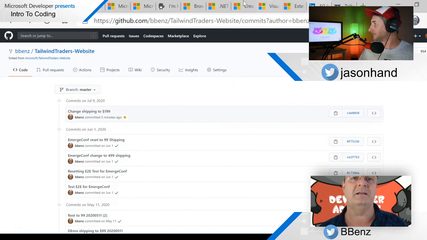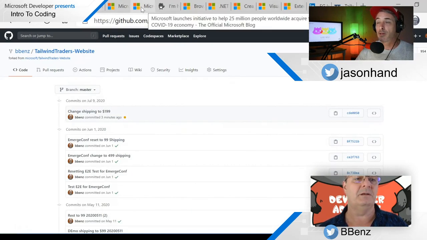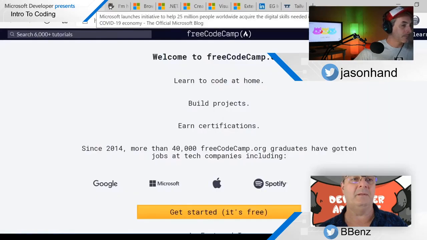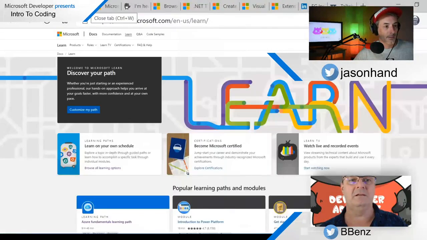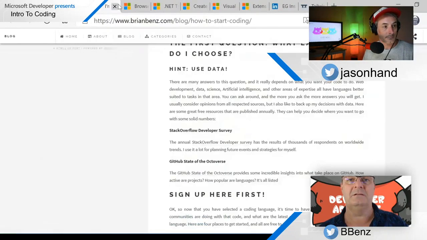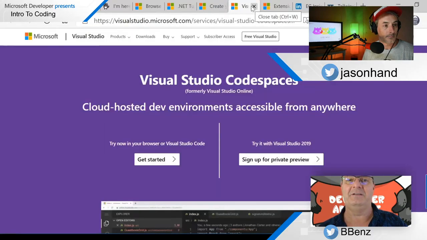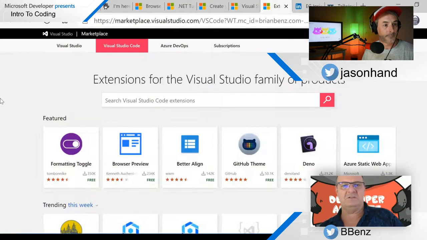Where is that now? I have too many windows open. And I put a link to the Marketplace in chat for everybody as well. Thank you. Yes. Let me see here. I'm going to close a few more of these. These are a little preview of what I'm going to show you later. There it is. Okay, so Visual Studio Code